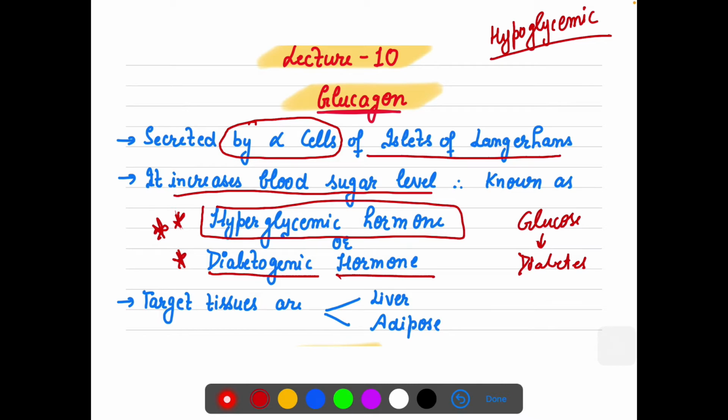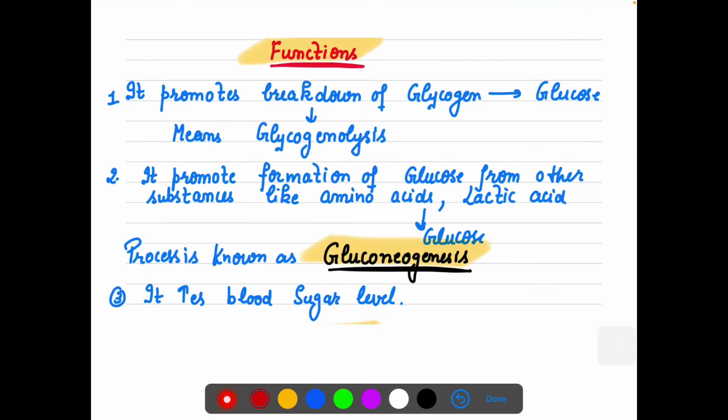Its main target tissues are two, that is liver and adipose tissue. If we talk about functions, as we said, it increases the blood sugar, right? So it promotes the breakdown of glycogen into glucose. Means when glycogen breaks, glucose is released, so it promotes that process. It promotes glycogenolysis, as well as